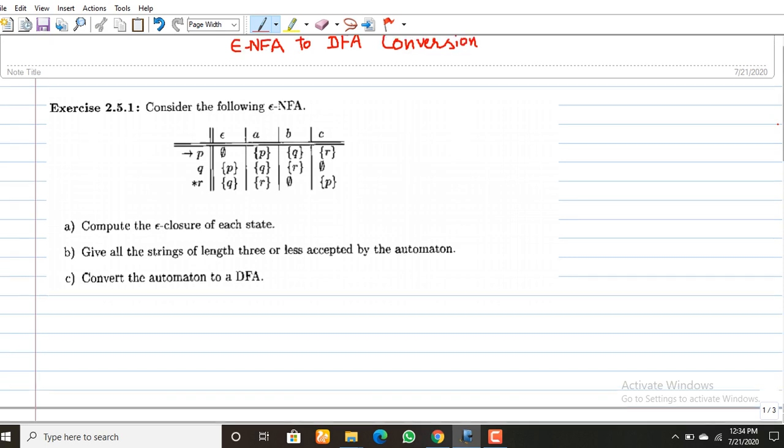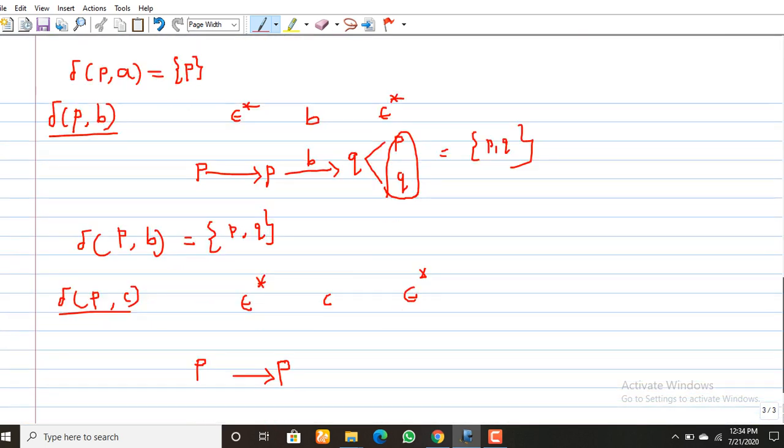On receiving C, P goes to R. So what is the epsilon closure of R? That is P Q R. So this is the new state P Q R.